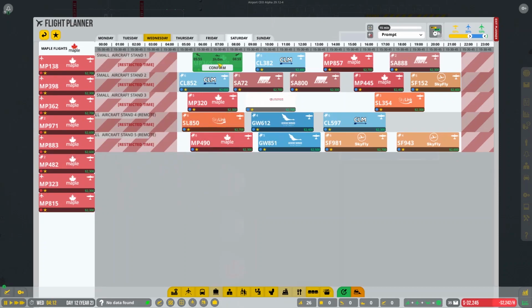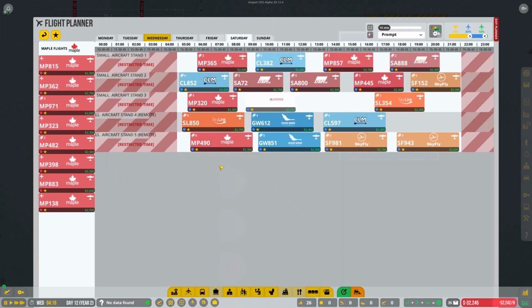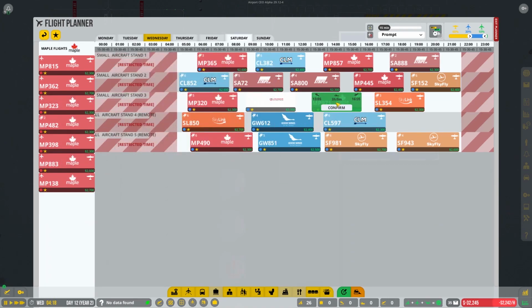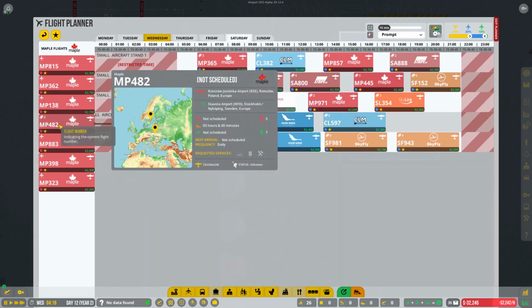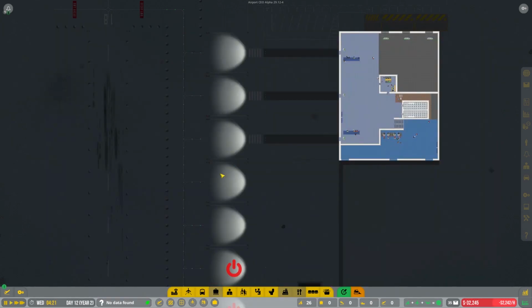Let's do this one. We'll have this one early. So here we have 5 stands now, so we definitely need one more check-in desk at least, maybe even more, but we'll try to fix that soon. So that's as soon as we are out of debt, and we also need to